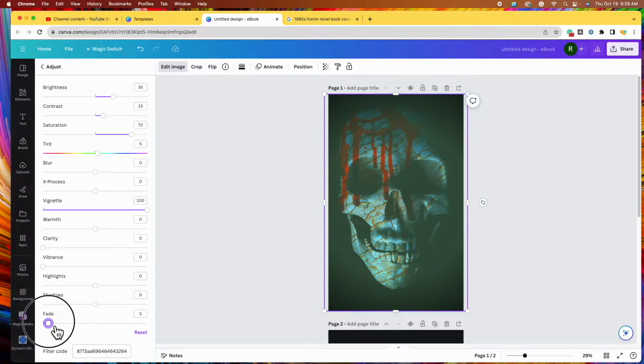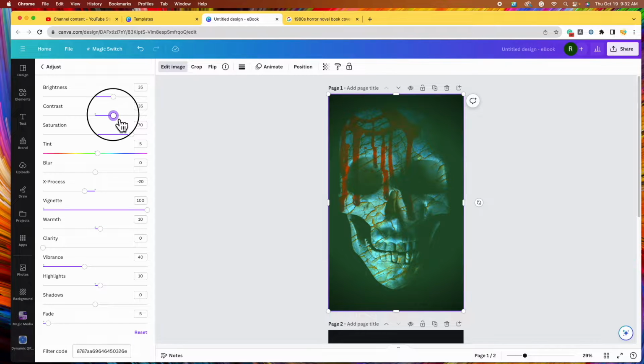Again, we're going for that sort of retro or vintage look. See this X process. I'm going to put that at a -20. Okay, I'm going to increase that contrast just to make